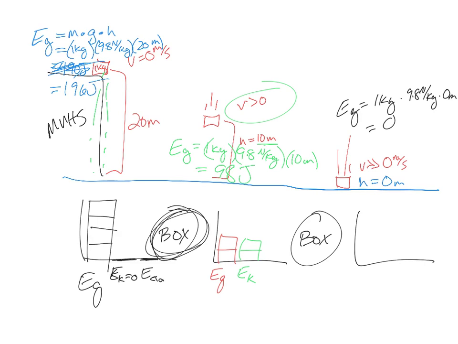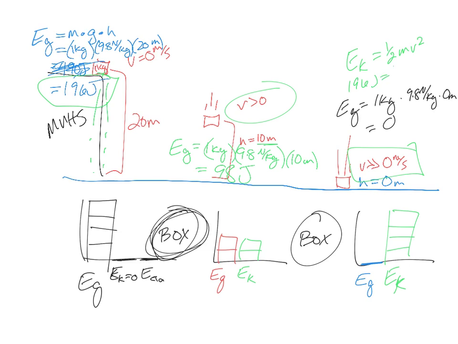And finally, if the height is 0, that means that the final gravitational energy is 0. So the only energy that remains is stored in the motion of the object. So we say that the total energy has transferred into kinetic energy. If we're thinking about our kinetic equation, 1/2 mv squared, since we started with 196 joules, we have to end with 196 joules. And since we know that the mass of the object is 1,